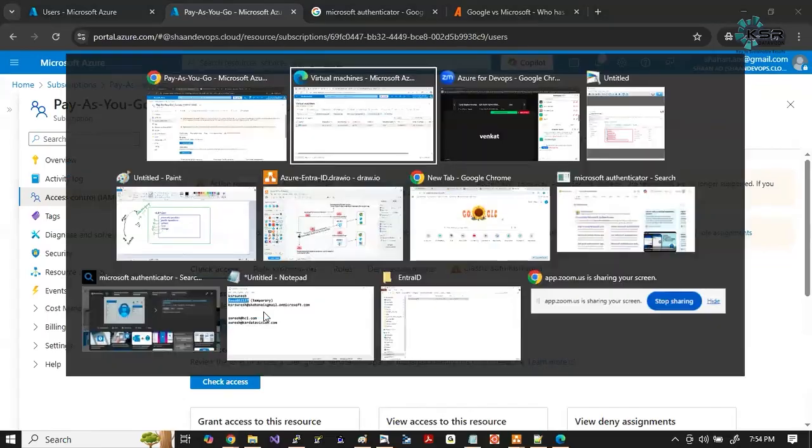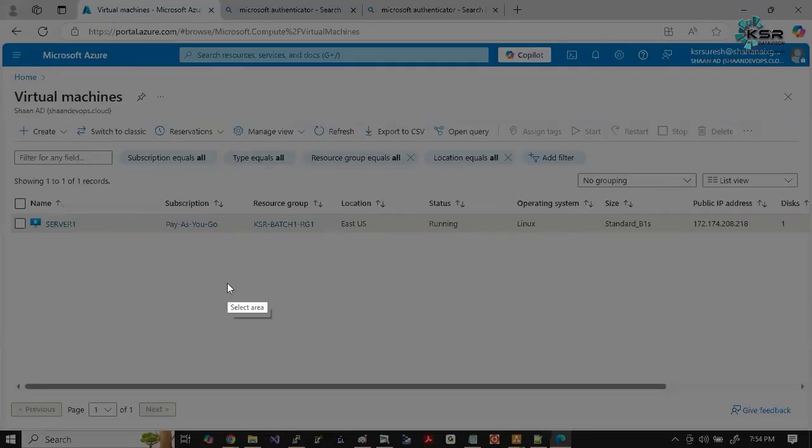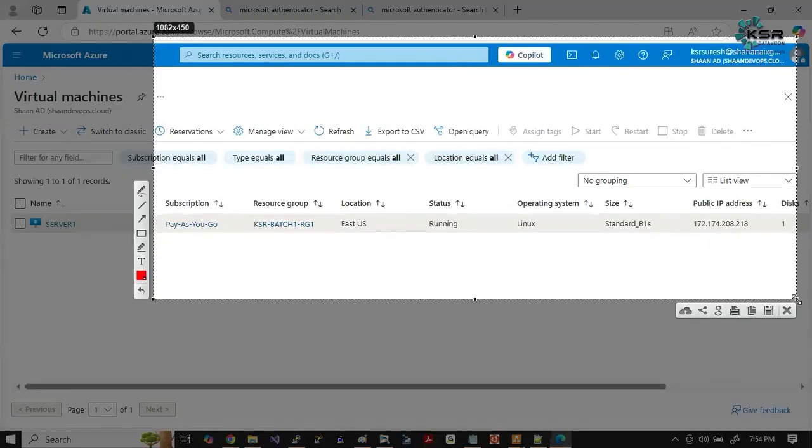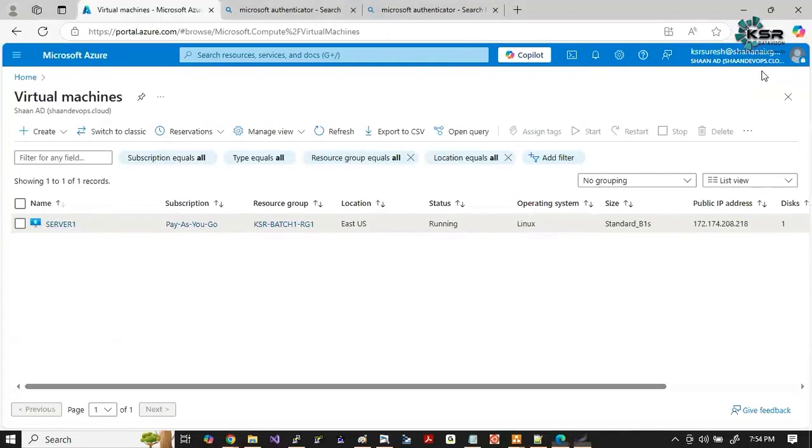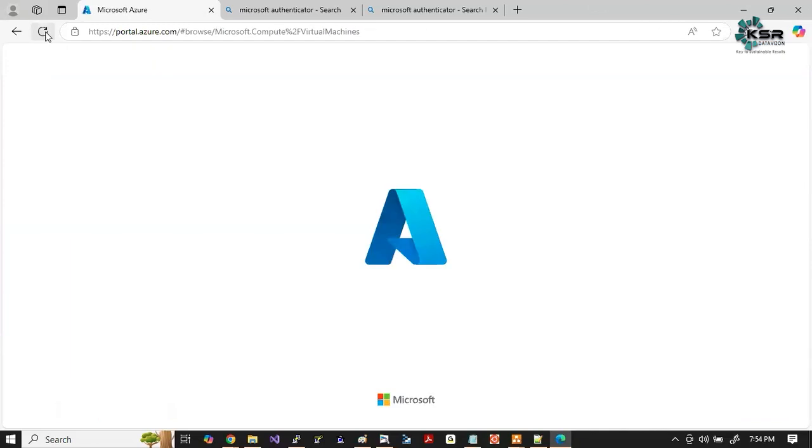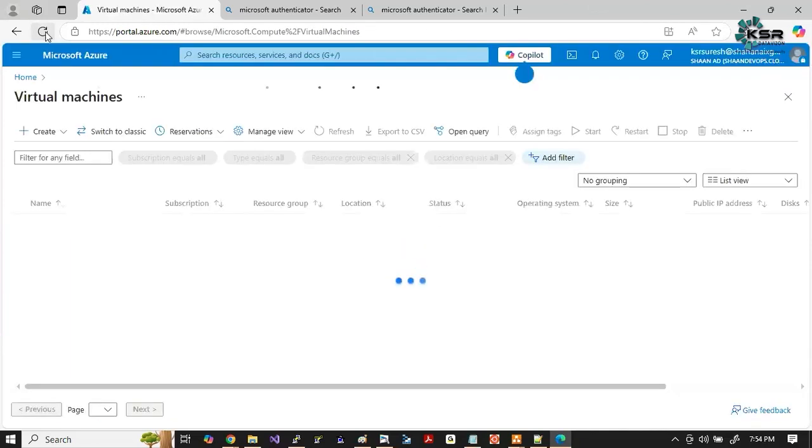Now the assignment is completed. Right now what am I doing, guys? I'll go ahead and see my user. Who is the user? KSR Suresh. So this time this guy got access to what? At what level did we grant him the privileges, guys? Tell me. Subscription level. Good. Now when we refresh the page,